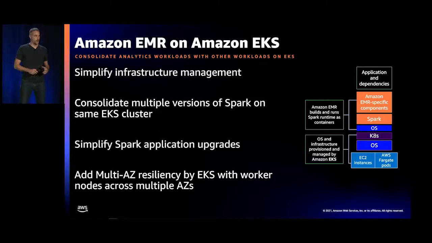And because your workloads are isolated in containers, that's really simplify also the management of multiple versions. So you can consolidate multiple Spark applications using different versions. It also facilitates the lifecycle management of your application and the upgrades. And very important, you still have access to this Kubernetes API and all the features associated with it. You can implement various solutions like multi-AZ resiliency, using, for example, worker nodes across multiple AZ, but you can really customize your deployment.